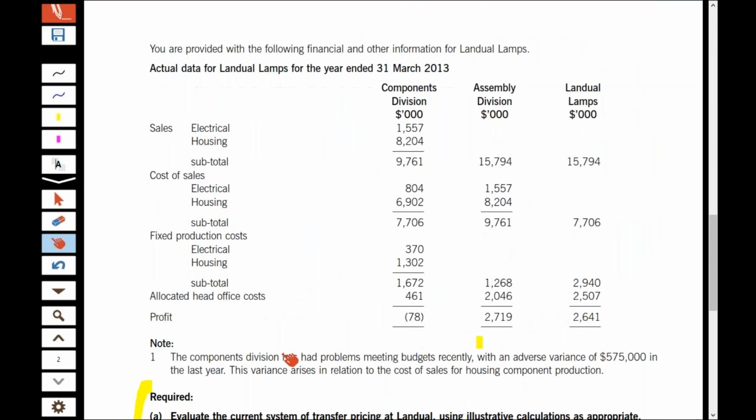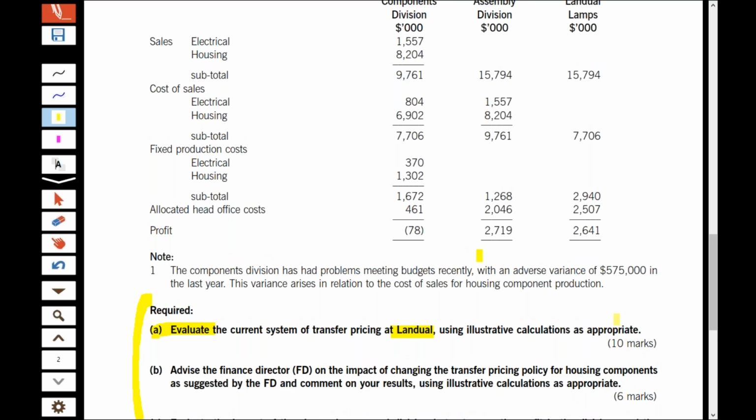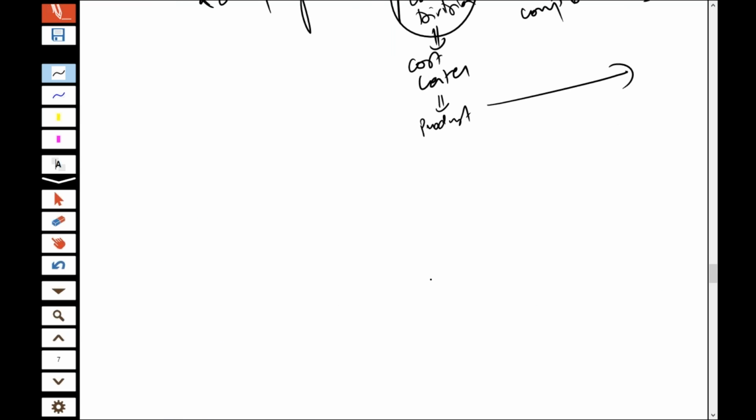Basically, if you look at the first requirement, it says evaluate. Evaluate means comment, means judge, means you need to discuss the current system of transfer pricing at Landwell using illustrative calculations as appropriate. Now, what are we going to do with respect to it? The first thing is, if I talk about this Landwell lamps,